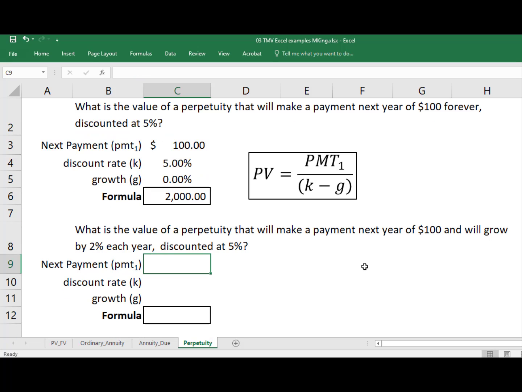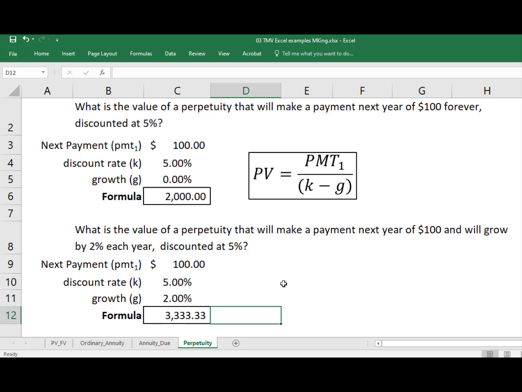So what would happen if this perpetuity was to grow each period by 2%? We would start with $100. The discount rate is going to be 5%, and our growth rate is going to be 2%. Using the equal sign, payment divided by, open brackets, K minus G, close brackets, and hit enter, and you see that it is